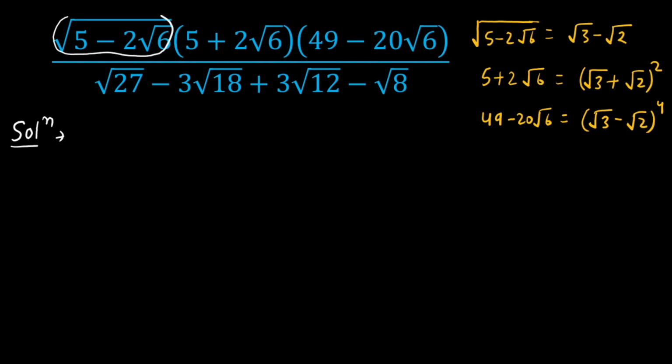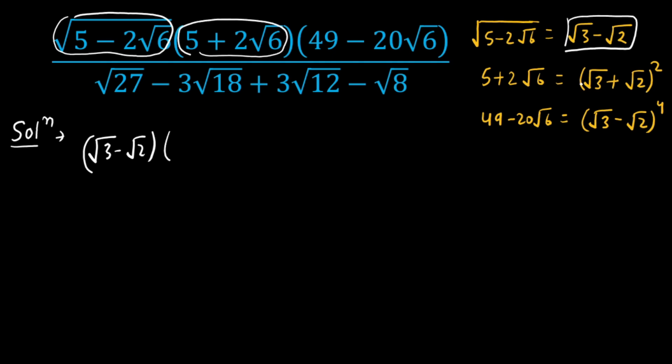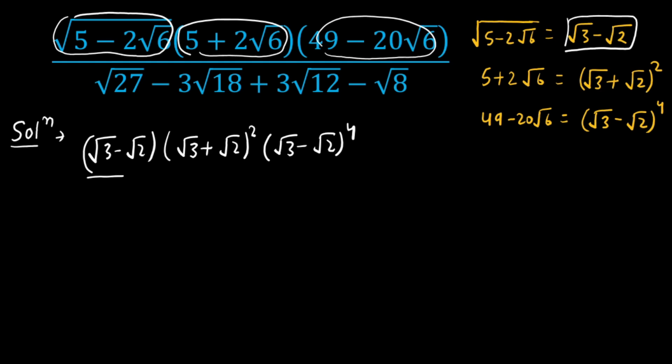This expression is replaced by square root of 3 minus square root of 2. So here, square root of 3 minus square root of 2 is multiplied by this expression, which is replaced by square root of 3 plus square root of 2 whole square, (square root of 3 plus square root of 2) to the power 2. Now this expression is replaced by (square root of 3 minus square root of 2) to the power 4, and divided by